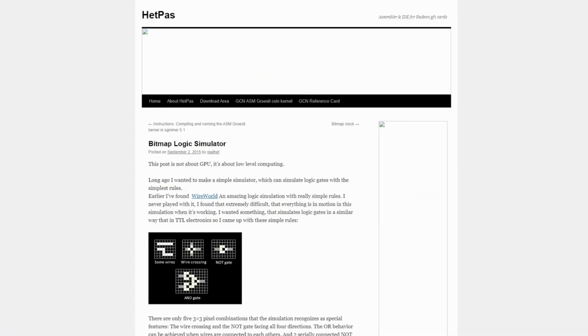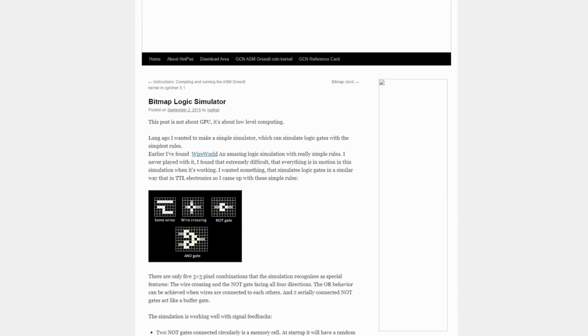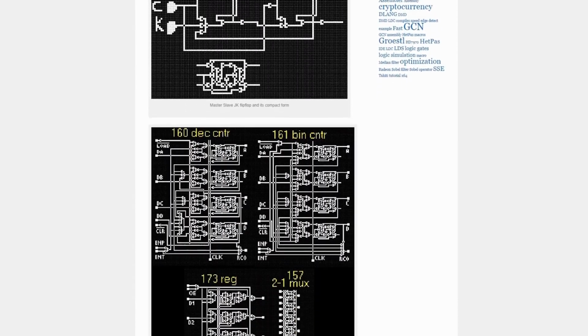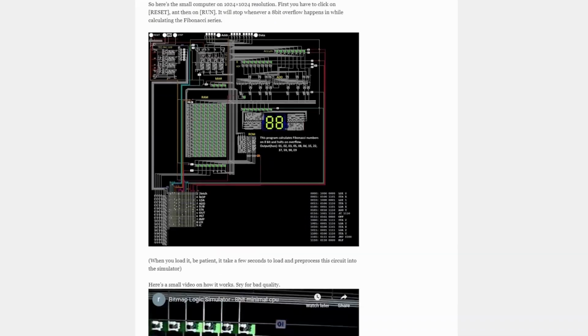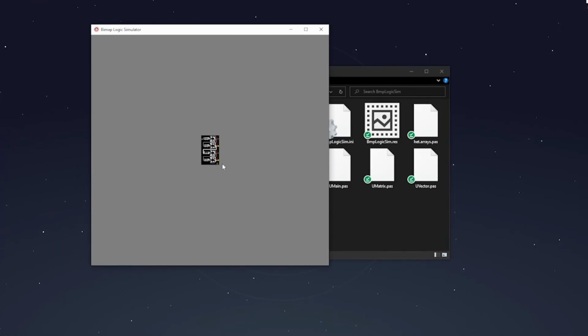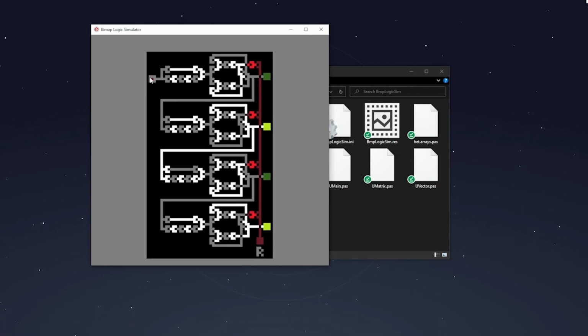transistors. I wanted to make connections between real electronics and logic simulator software, like FPGAs, but much simpler and more accessible. This idea of simulating logic circuits was born with this program, called Bitmap Logic Simulator. This particular simulator was published on September 2, 2015 by Realhead. Once you open the program, it wants you to open an image, and the program starts to process this image by